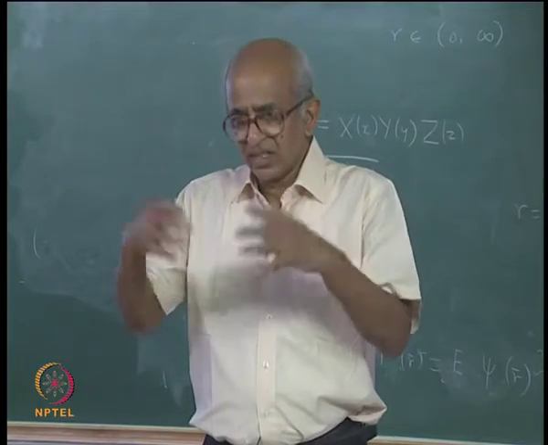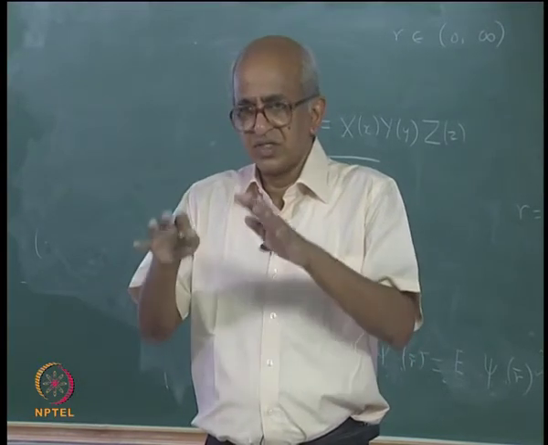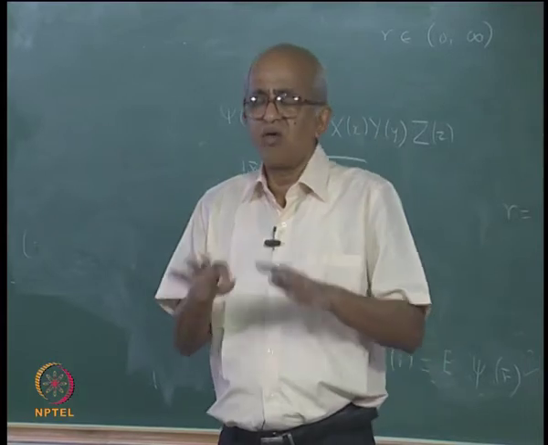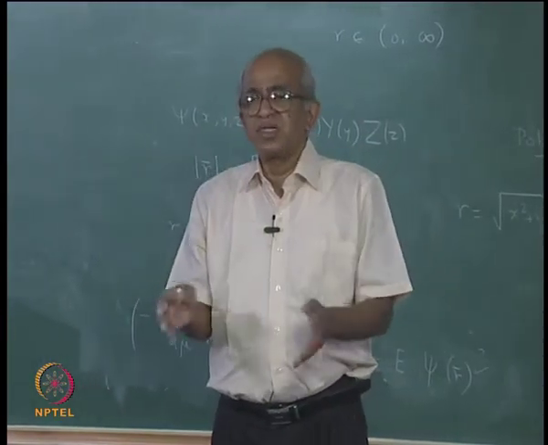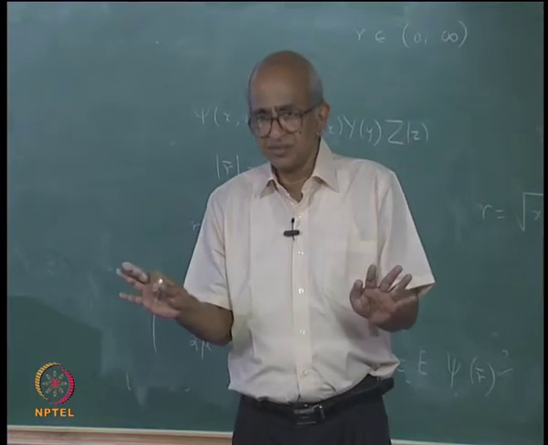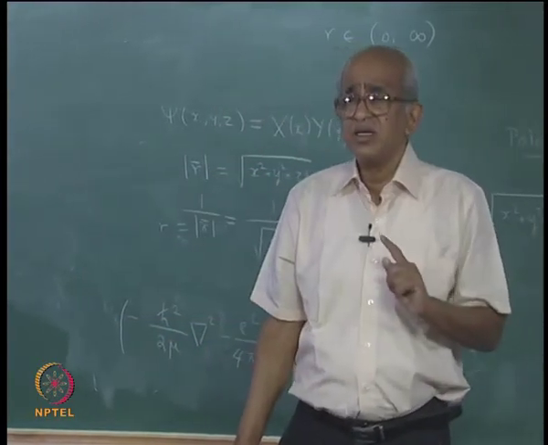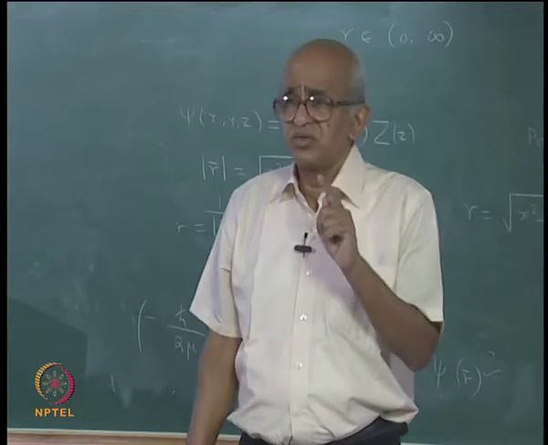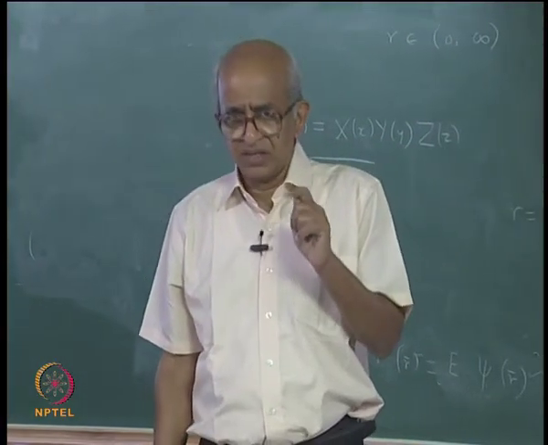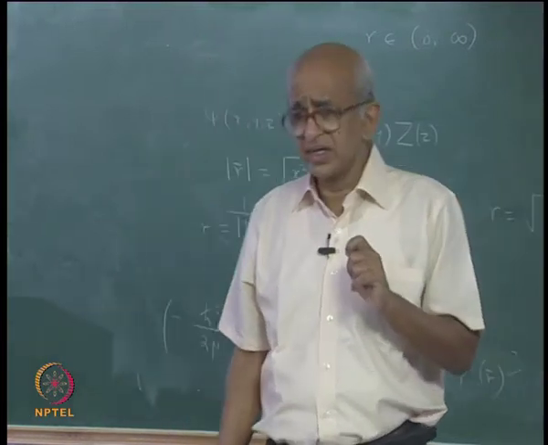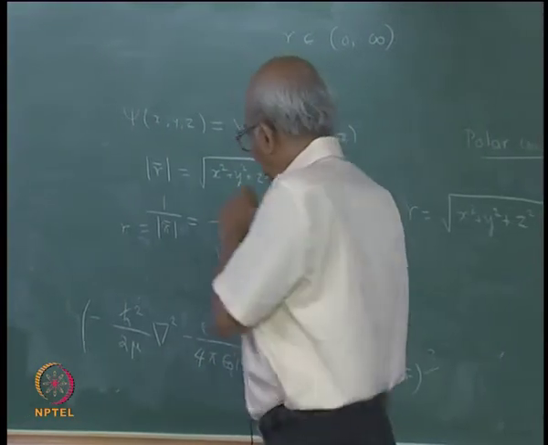You do not know where exactly the point is. All that you can say is, if you specified the value for r, all that you can know is it is somewhere on the surface of a sphere having that radius. But where exactly would it be on that sphere, that you need additional coordinates, right. So, what are the additional coordinates that you will use?